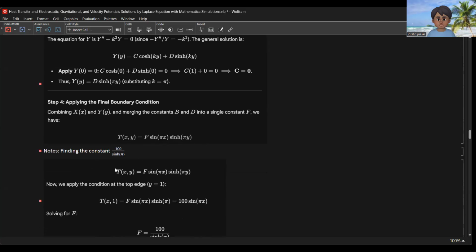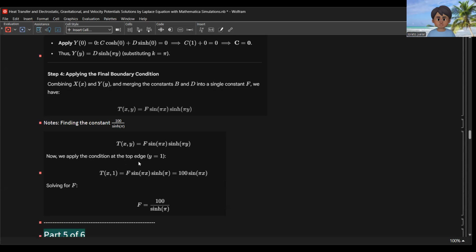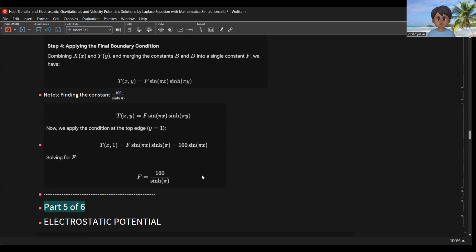So finding the constant, this is our equation. Now we apply the condition at the top edge, y equal to 1. So u of x and 1 is equal to 100 sine pi x, the corresponding function in terms of x. So we have here solving for f. So f now is equal to 100 over hyperbolic sine